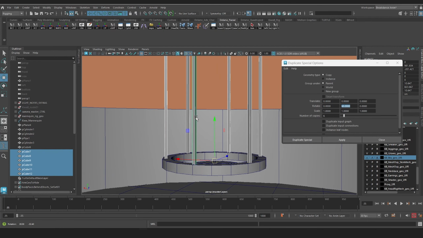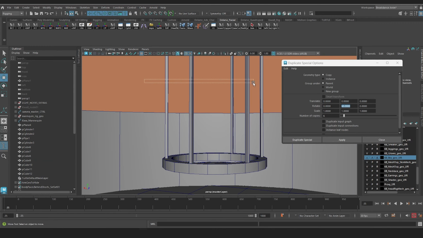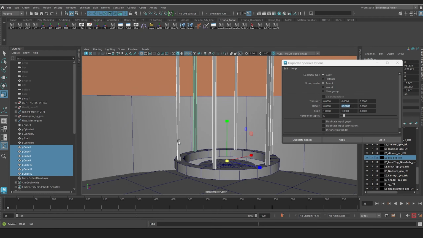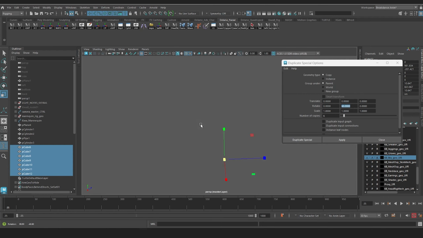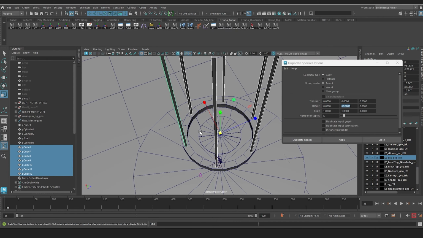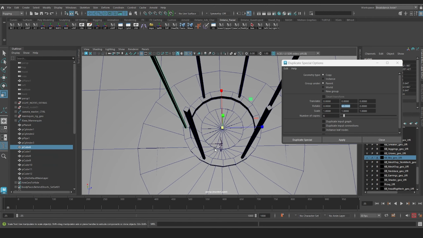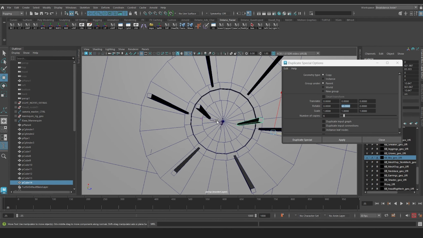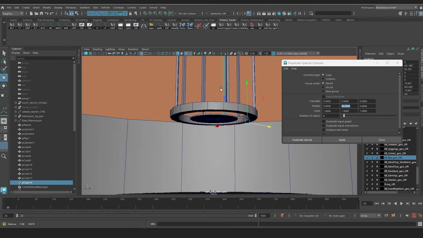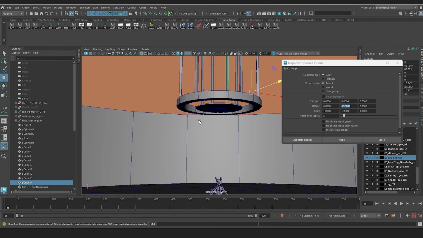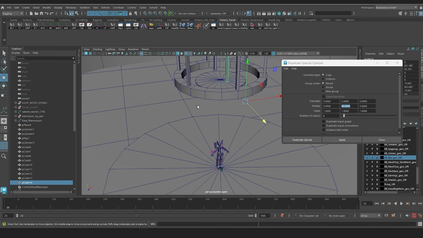And I'm gonna grab these guys. Alright, and then you just need 2 in the center. 1, 2. And I think it's high enough. Alright, the next thing to create is those